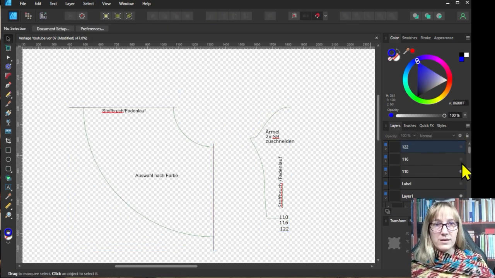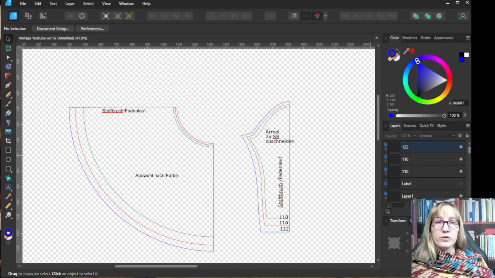Now I can see that all the sizes have been moved to their appropriate layers. If you now have two sizes in the same color, you first move all lines of both sizes into one size layer. Sometimes the lines don't interfere with each other because they are far apart. If you still want to have it correct, you would have to move the lines or objects manually to the correct size layer.